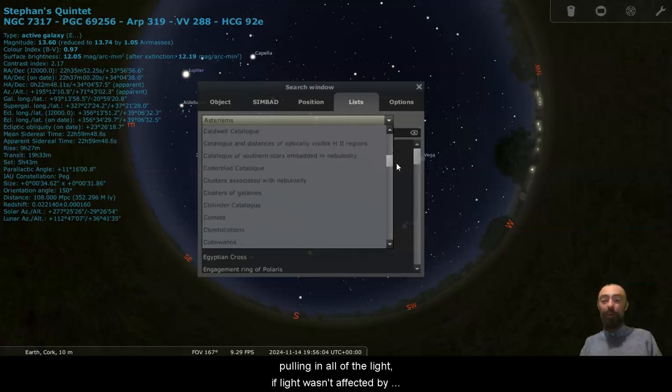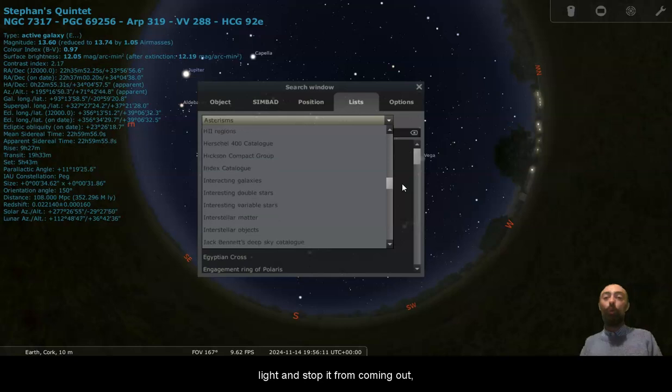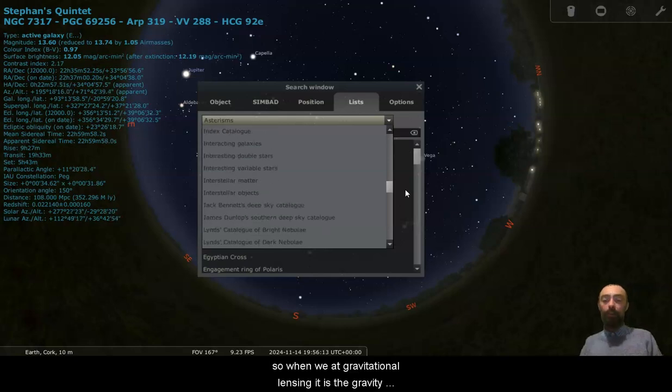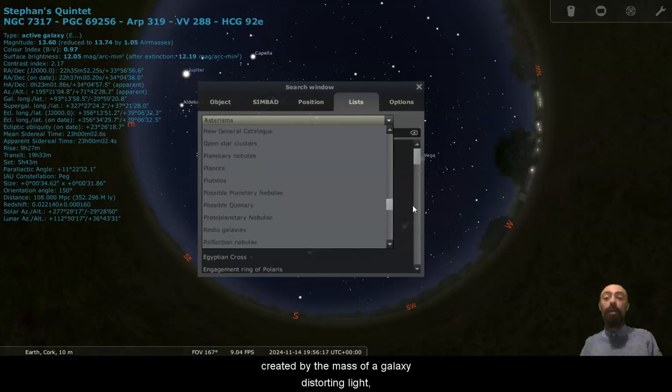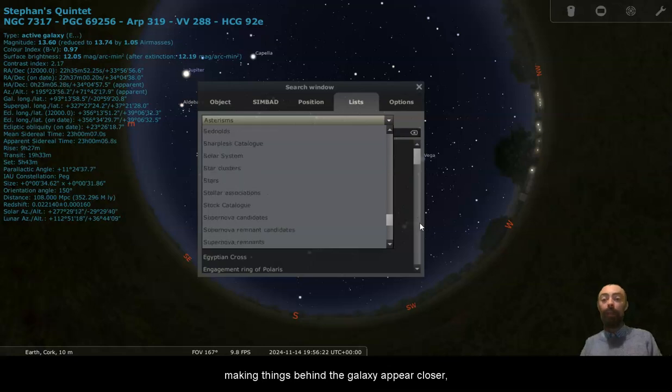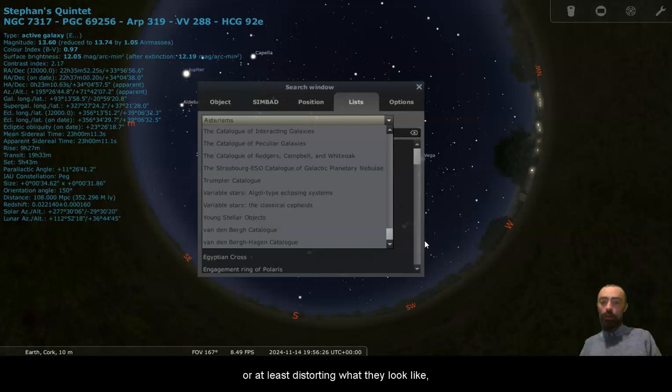If light wasn't affected by gravity, then black holes wouldn't be able to pull in the light and stop it from coming out. So when we look at gravitational lensing, it is the gravity created by the mass of a galaxy distorting light, making things behind the galaxy appear closer, or at least distorting what they look like.